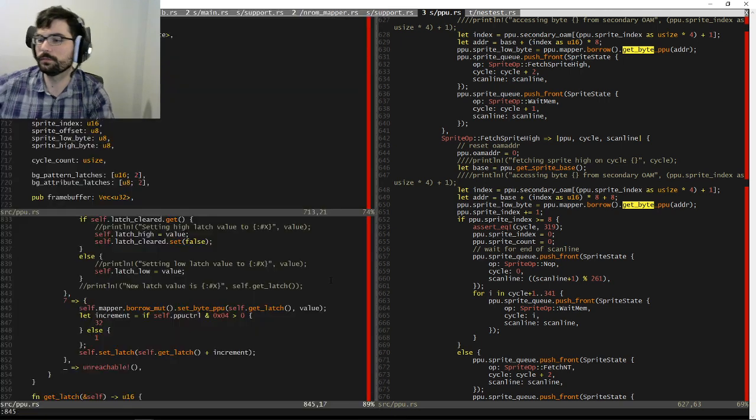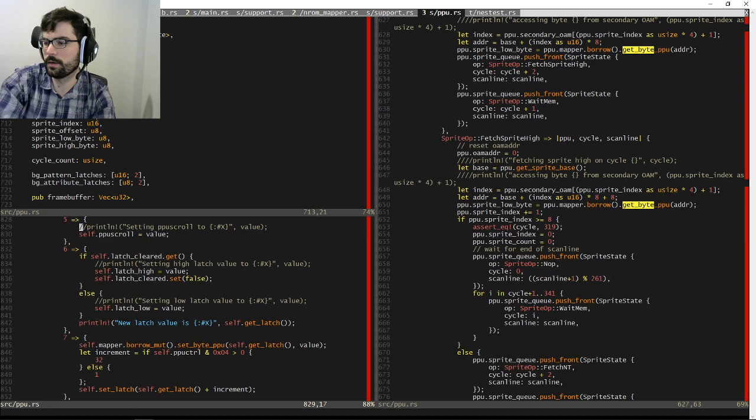Okay. We're gonna go ahead and print this junk a couple of times. Write to PPU adder, new latch is whatever. Write to PPU data, new latch is whatever.